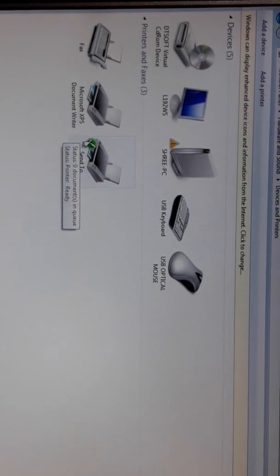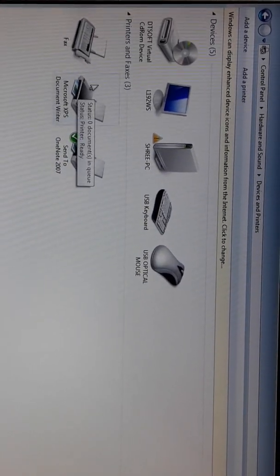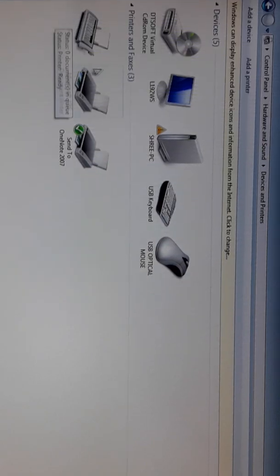Now students, I don't have any printer and scanner attached to my computer system because you can see there is a tick mark only on the send to OneNote option, and this is not a printer. Okay, this is a Microsoft service which can be used to see the print paper preview. Okay, it is not used for printing, it is used to check the review, or it is called as preview. This is actually printer and it is fax, but these are not attached to the computer system.